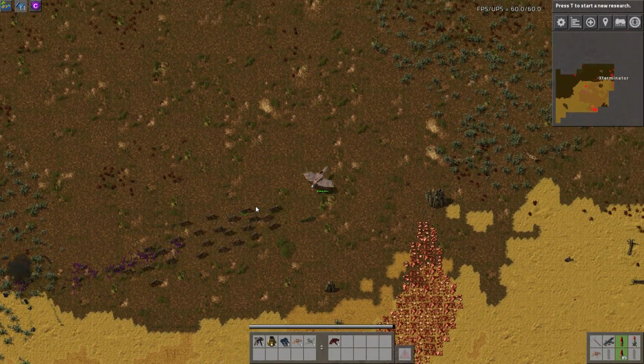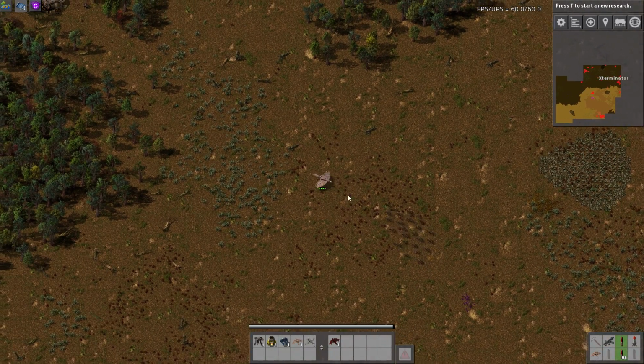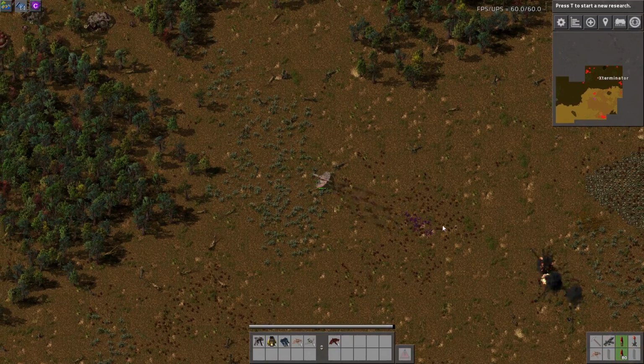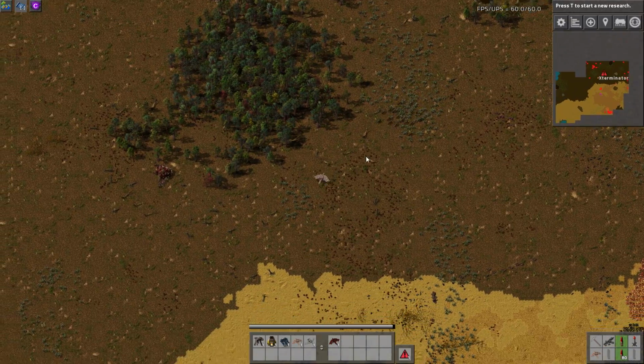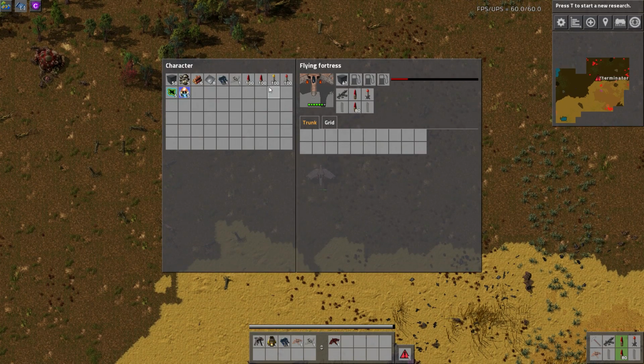So it's kind of like the tank, right? See how it doesn't actually land where you would expect it to? It's like firing way over here. So you wouldn't necessarily be super great in terms of killing biters. However,